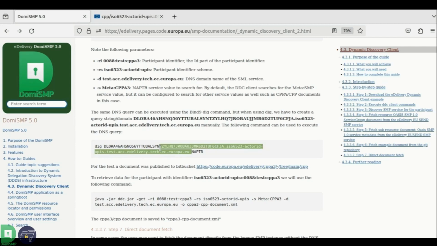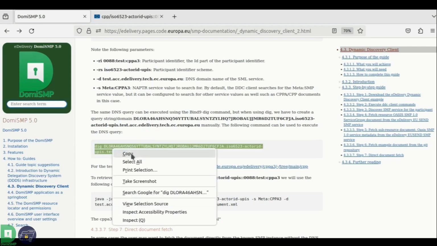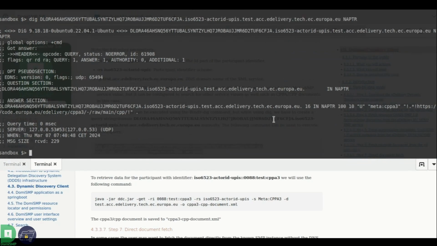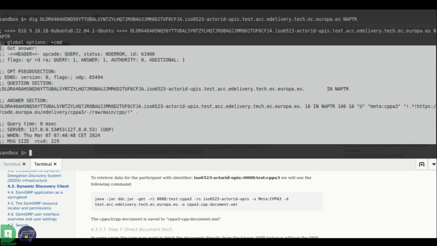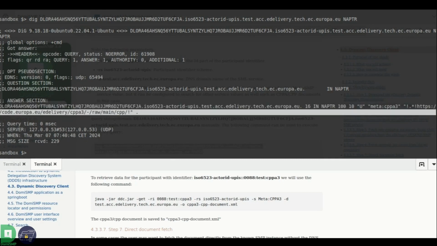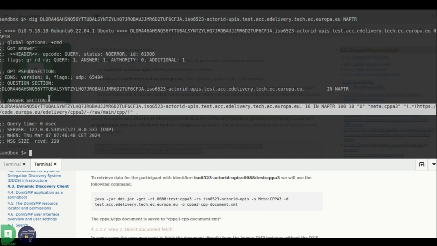But when you have it, you can use this command. If I put this into the console and press enter, you can see the response from dig, and here you can also see the same DNS NAPTR record, which was returned by our dynamic discovery client.